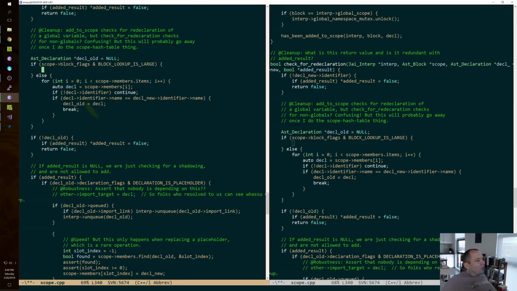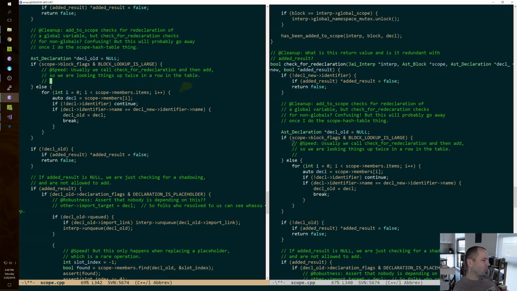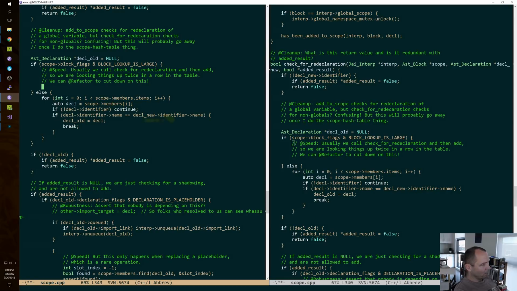Now, the funny thing is, we're doing check for redeclaration, and then we're doing an add. So we're going to look the thing up in the hash table twice in a row. All of this can be streamlined. Twice in a row on the table, we can refactor to cut down on this. Okay, but